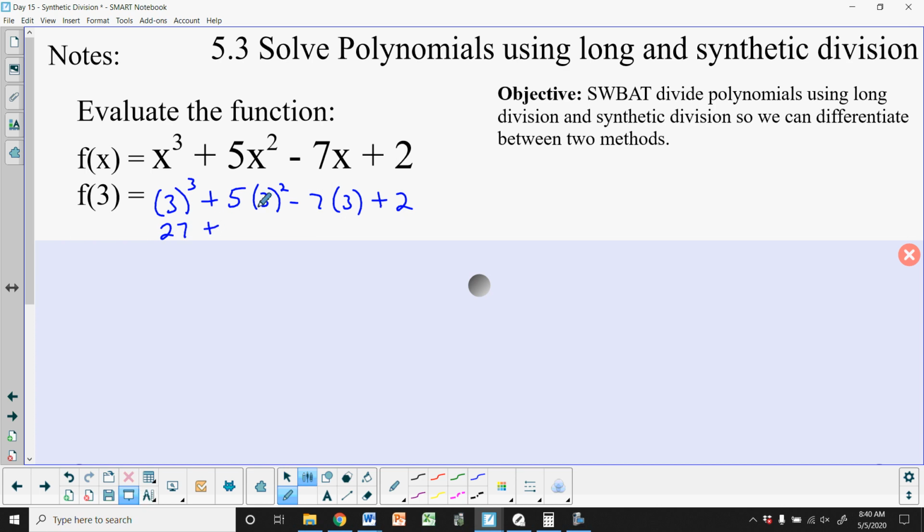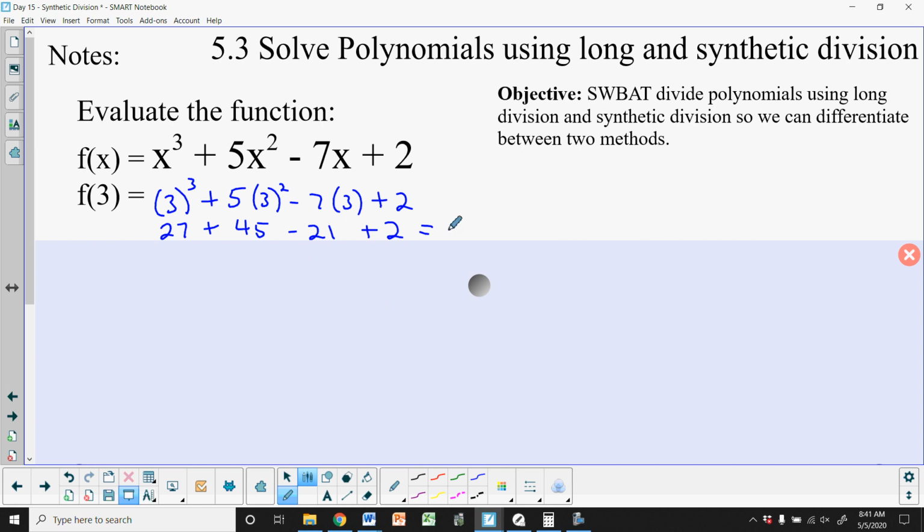And then we have 5 times 9, which gives us 45. Negative 7 times 3 would be negative 21, plus 2. And then if we add these together, 5 and 7 will give us 12. Carry the 1, so it's really 72. 72 minus 21. So that would be